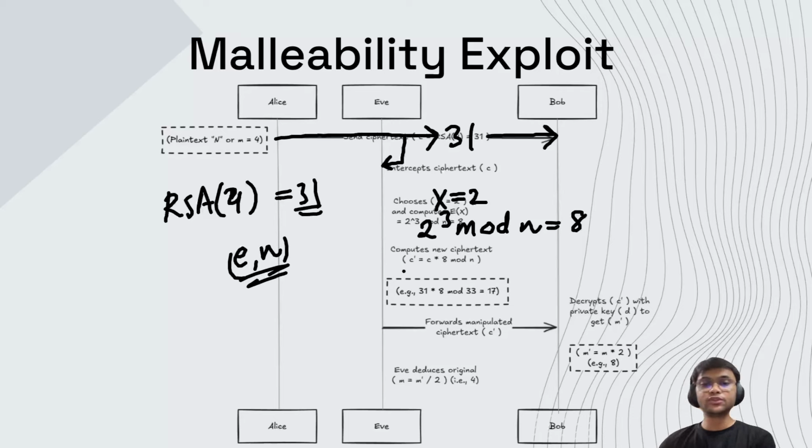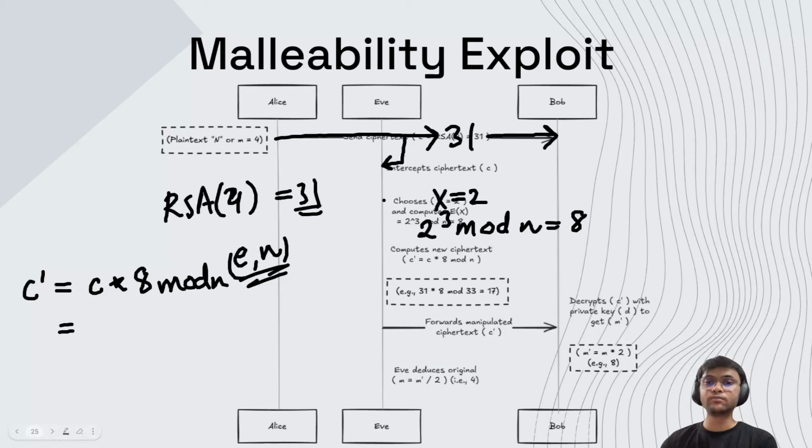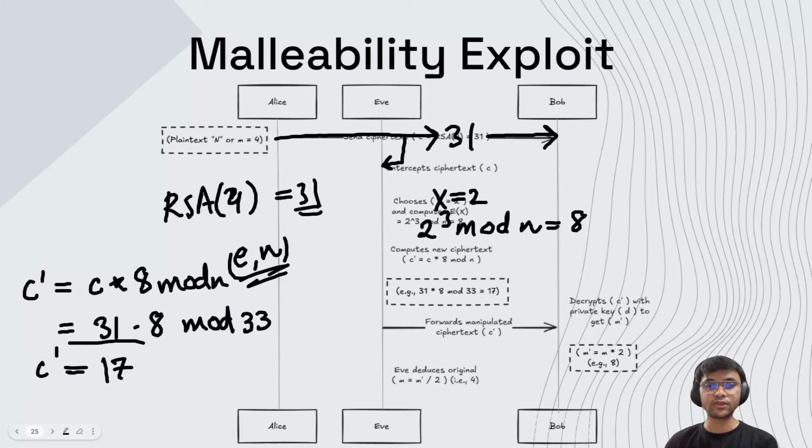Now, what Eve would do at this point is simply compute a C dash, a new ciphertext, which is the old ciphertext that they've intercepted, multiplied by the new ciphertext that they've computed, mod n. In our example, the ciphertext that was intercepted was 31, multiplied with 8 and mod 33. That would give us ciphertext 17. This is the ciphertext that Eve has computed,